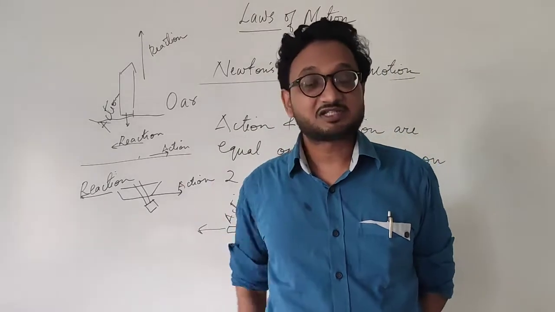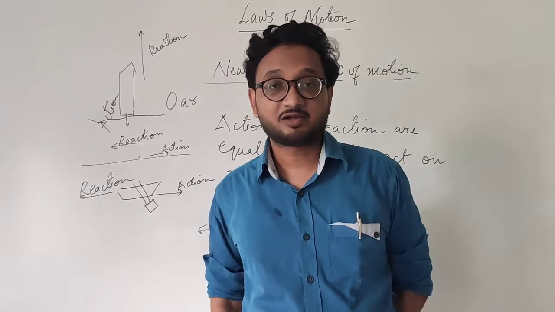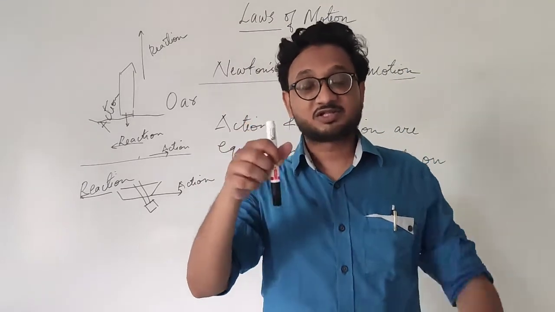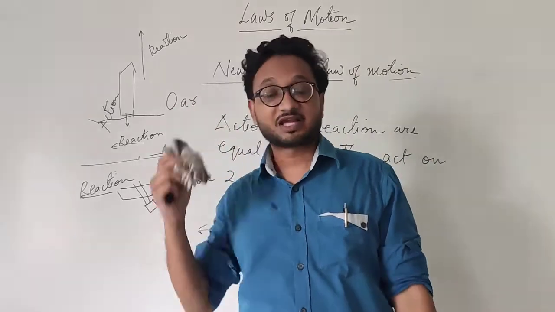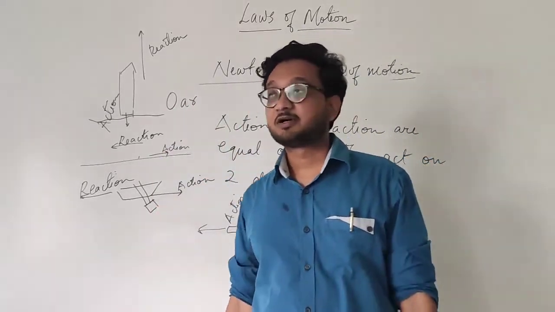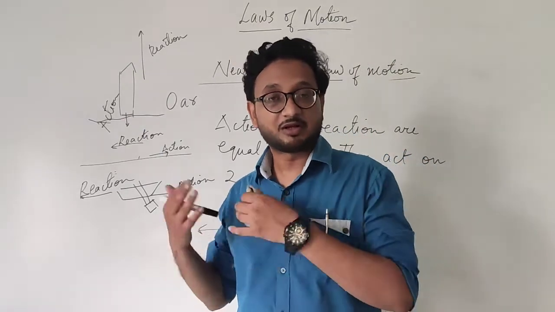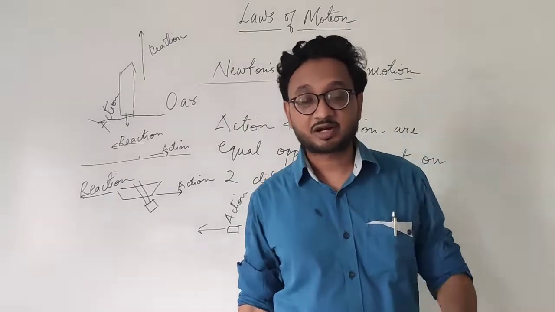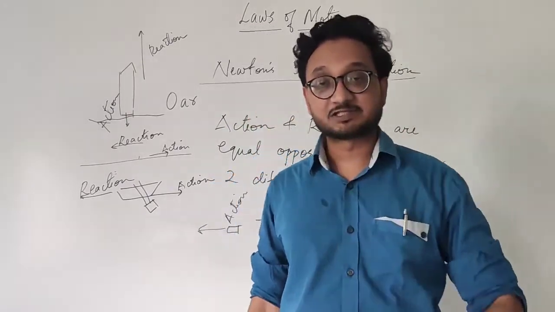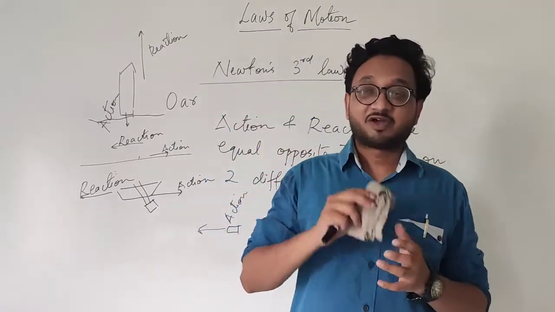The examples for each and every one: the first one we saw was the carom. All the coins in the carom board remain at the same place while only one is moved. And the second one was about force, that is 4 people applying the force on a car or 2 people applying the force. How much force they are applying and for how much time depends on how much momentum is changed.